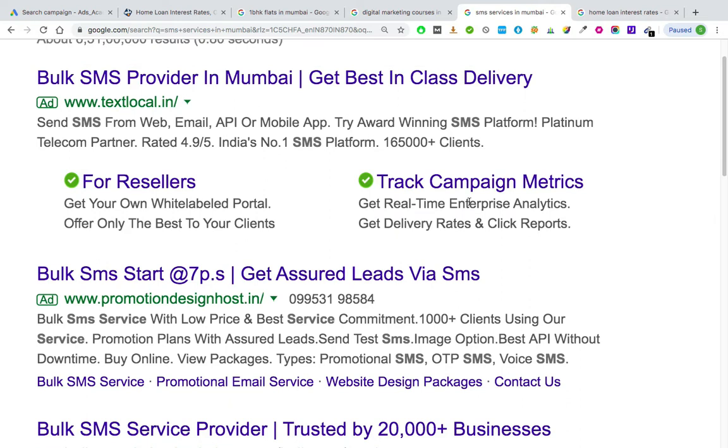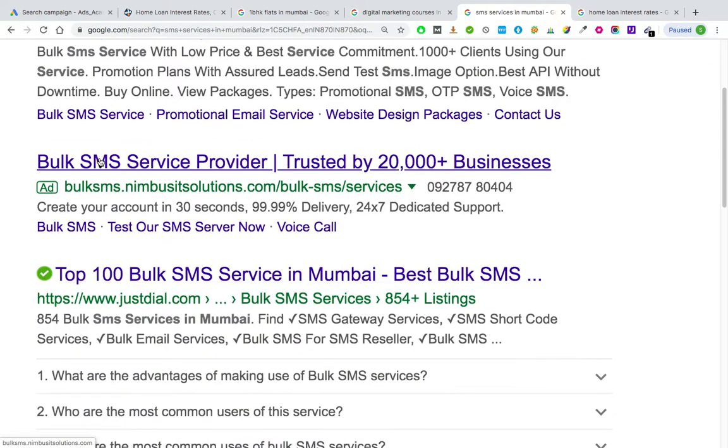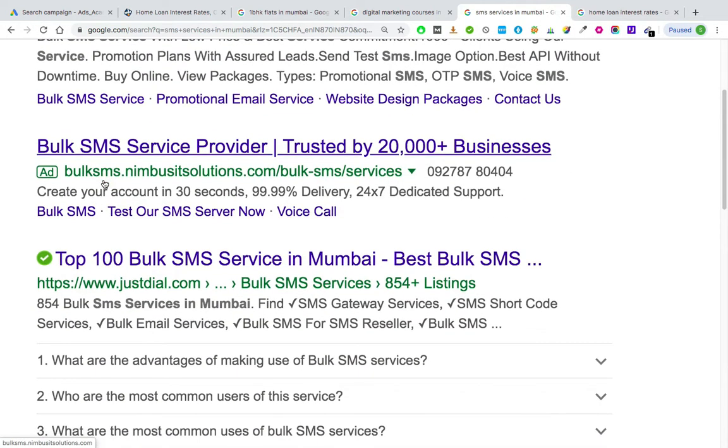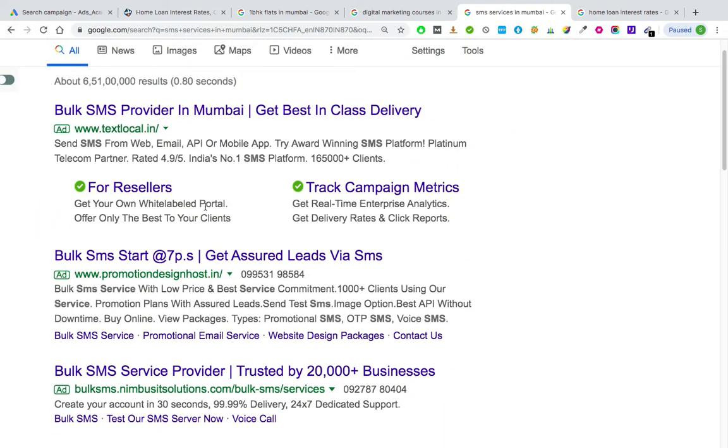Just look at it. The extensions show additional information, and this additional information makes your ad look bigger. Can you see? So this ad comprises 1 2 3 4 5 6 7 lines. This one 1 2 3 4 5 6 lines, whereas this one just 4 lines. Okay, so more extensions will lead to a bigger ad, and your ad is occupying a larger space on the screen, so your ad appears bigger, showing more information. This will lead to more clicks.